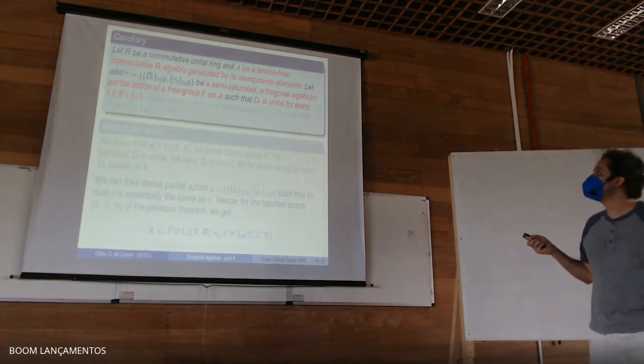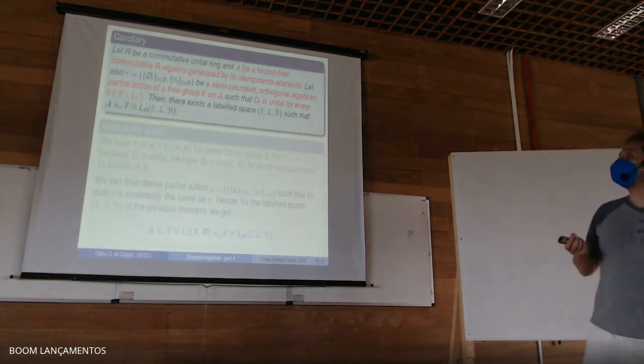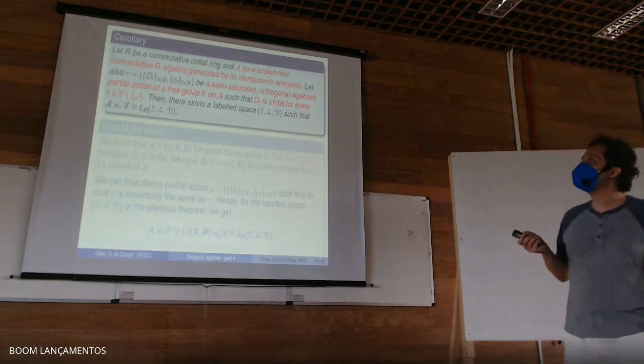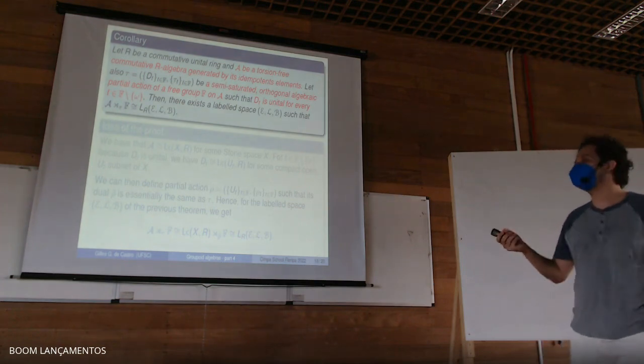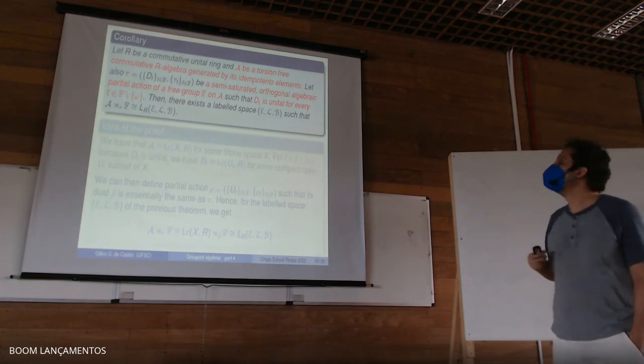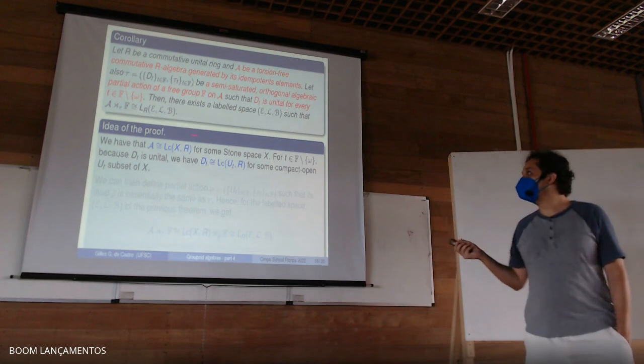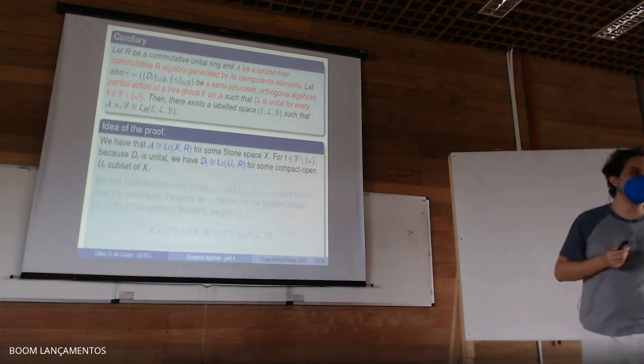So we ask these two to be unital, and then we can find a label space in such a way that this partial cross product is exactly the left labeled path algebra of the label space. So how do we do this? As I said, because of these hypotheses on the algebra A